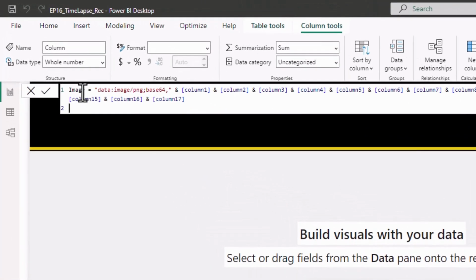So this is the image combining all the columns, and we have this in the front. And just a reminder, as we said in the previous video, we only can combine those columns here, because if you do it in the Power Query you will lose contents because you have limitation for the number of characters per cell. But here, if you do it through a calculated column, you will get away with this.